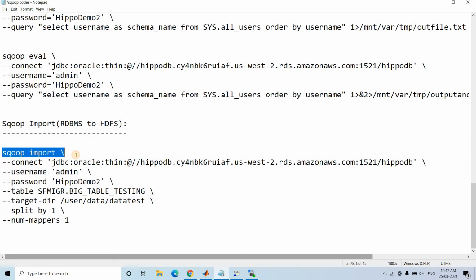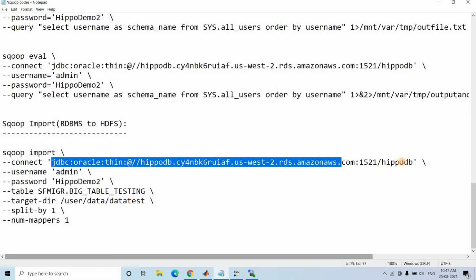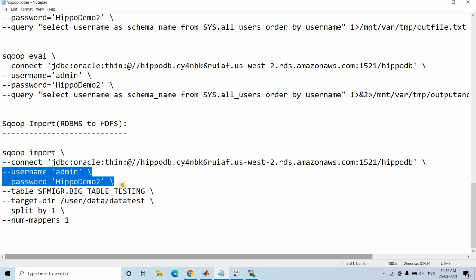So let us see how a Sqoop import looks with all the credentials, user ID, password, etc. This syntax looks like this: sqoop import. I always give this kind of slash because ideally it should be in a single line, but to make it multi-line you can give this slash. Then hyphen connect, space, and we specify the JDBC URL for our Oracle RDS, and then username and password respectively.